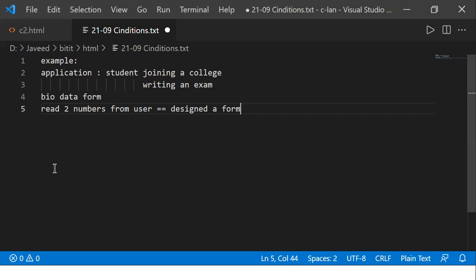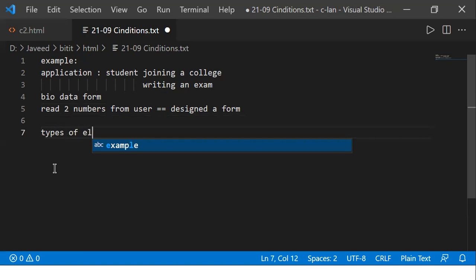Now, what are the different types of elements that we can have in the form? We call them types of elements, or we also call them controls, or we can also call them objects. So what is the type of object that you want to place onto your screen?